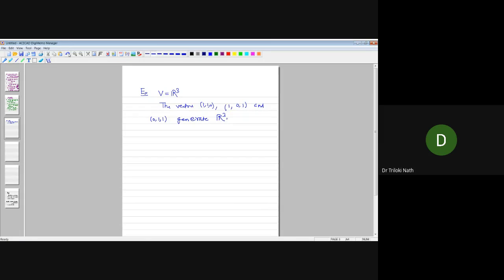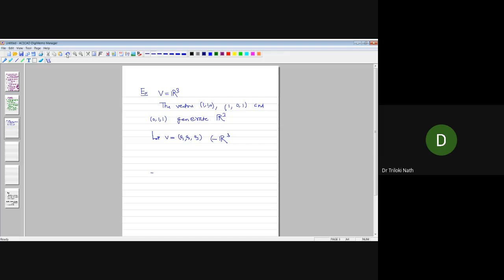So let V be any vector, say (A1, A2, A3), in R3. Any vector. So then